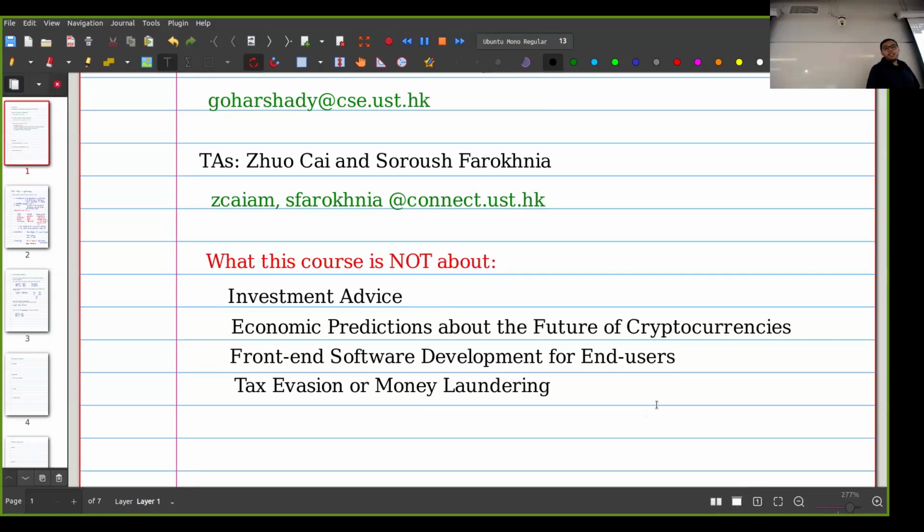We're going to do some mechanism design and looking at the incentives of different people, how to cheat in a system or things like that. But I don't care about economy. Again, this is a computer science course.